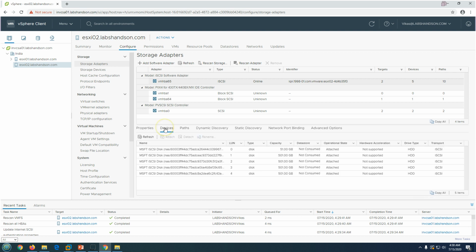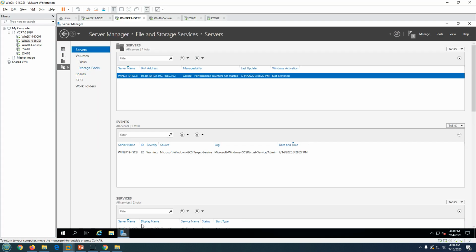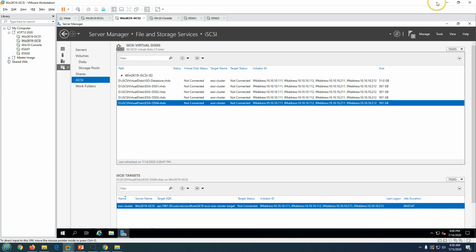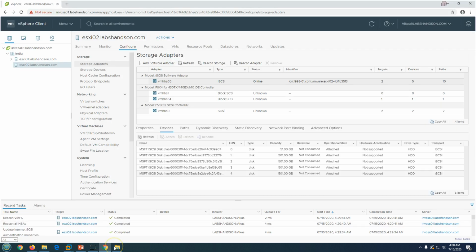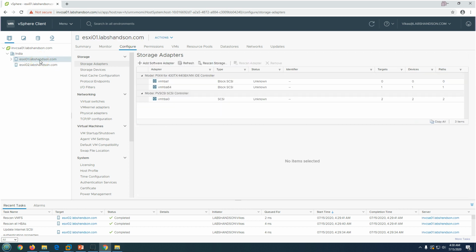And if you go to device, you will see all the devices which we have available on our ESXi server. So you can see we got 5 LUNs here, so you can see all 5 LUNs in your device configuration. So the same I'm going to follow on my